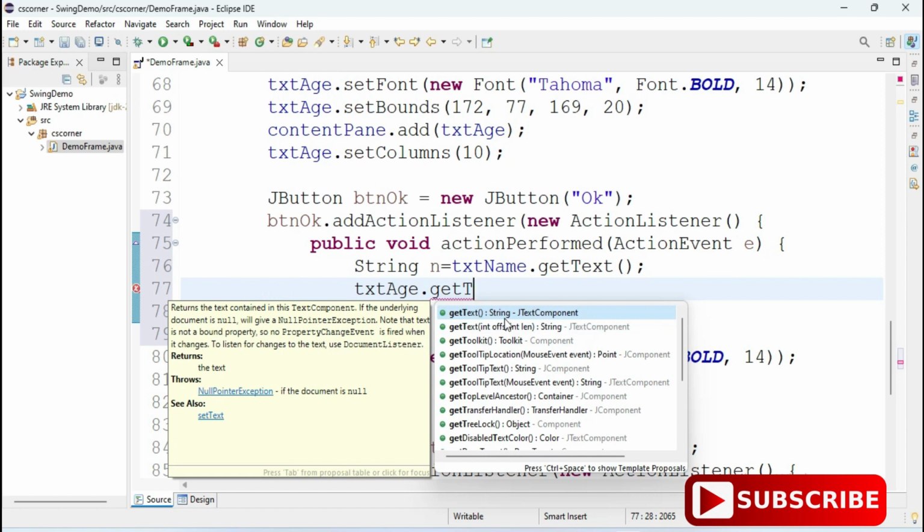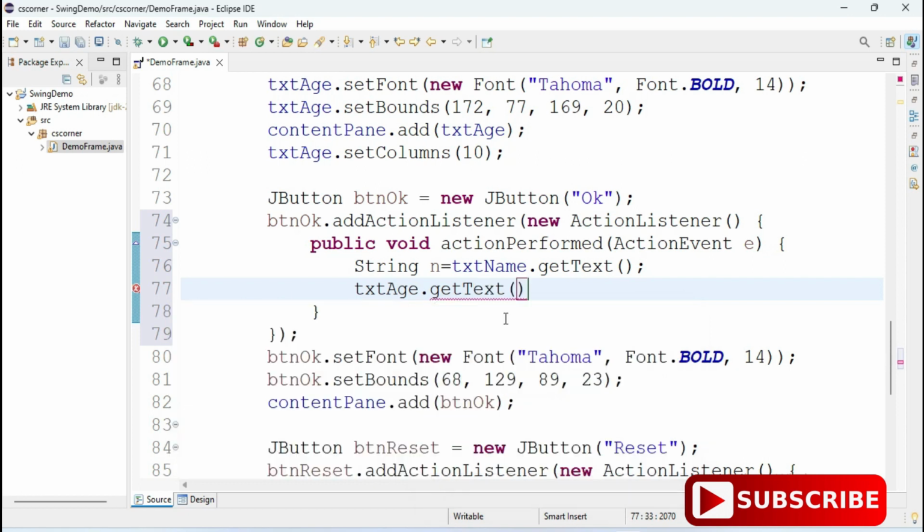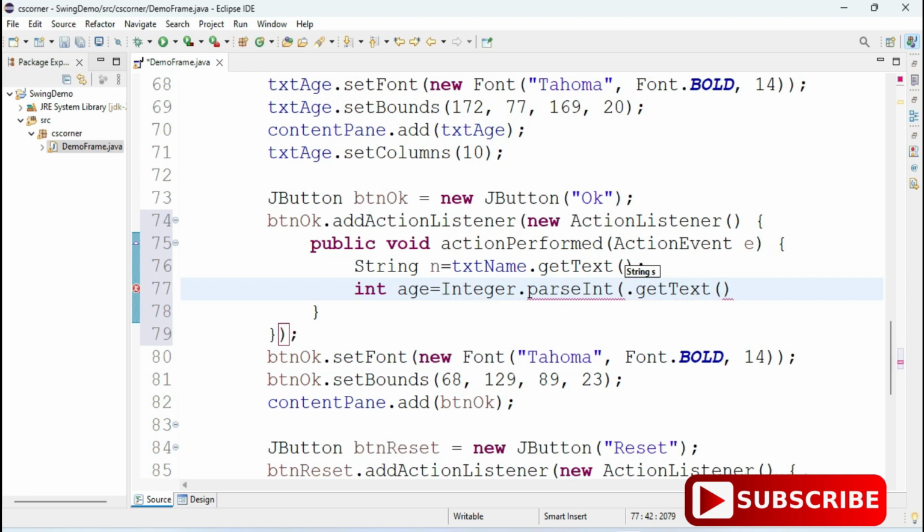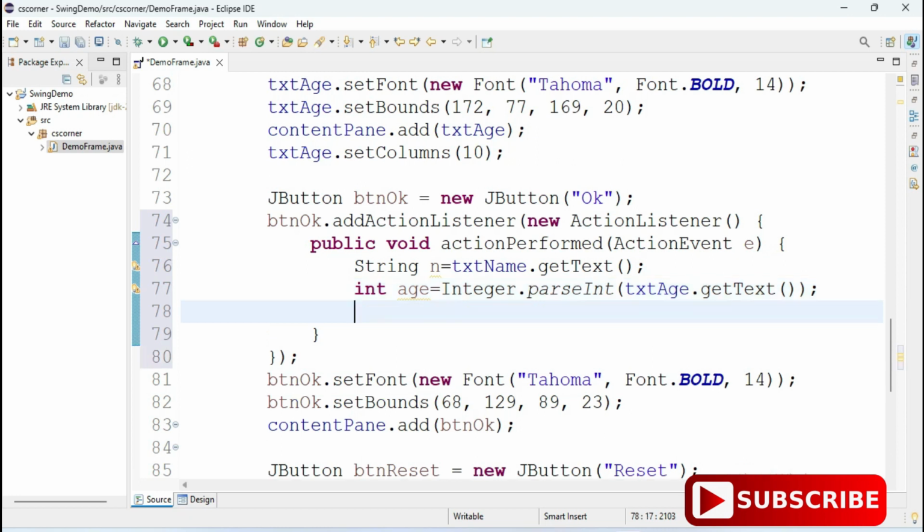Now similarly I would like to retrieve my age, but guys, I want to put a condition for age. I want to perform some relational operator on that. So whatever you enter in a text box or text field, it is of type string. I can't perform a comparison operator or relational operator on a string. Okay, so I would like to convert that into integer. So for that I will be using the Integer.parseInt method, and here I am creating the variable int age. Okay, so int age is equal to Integer.parseInt(txtAge.getText()). So it will convert my text data into integer data.